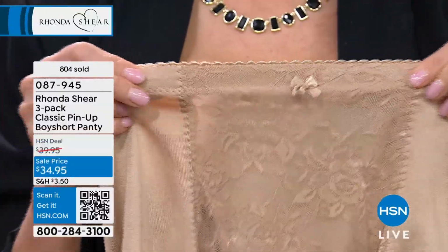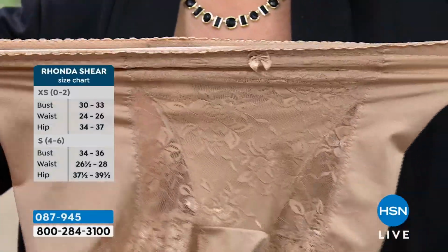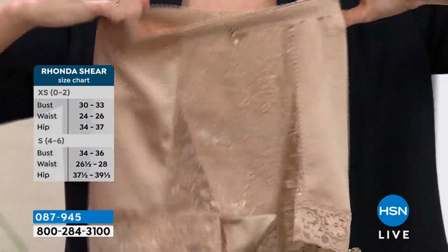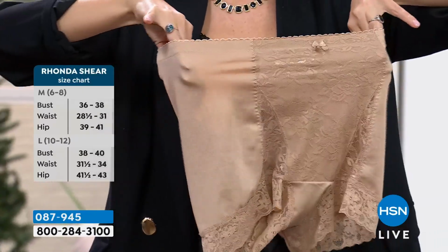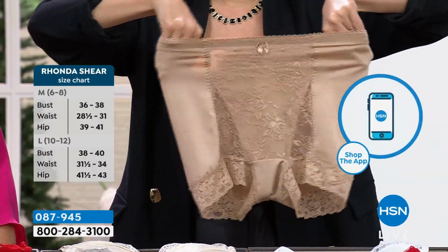If you notice the sizing online, it will show you that medium's around a 28 to 30 inch waist, but that's before the stretch begins. Oh yeah, don't let that, this is very forgiving. Absolutely true to size on these. If you want to grab them and know that, hey, if I wanted to size up or down,